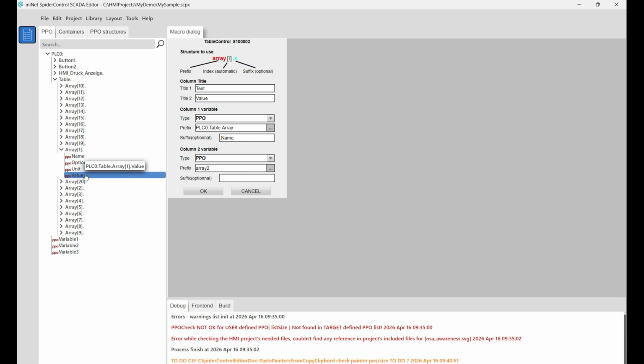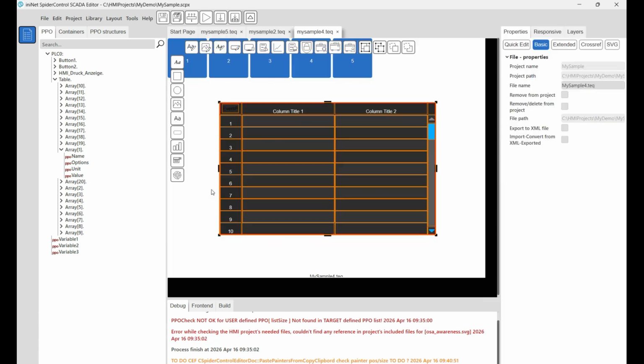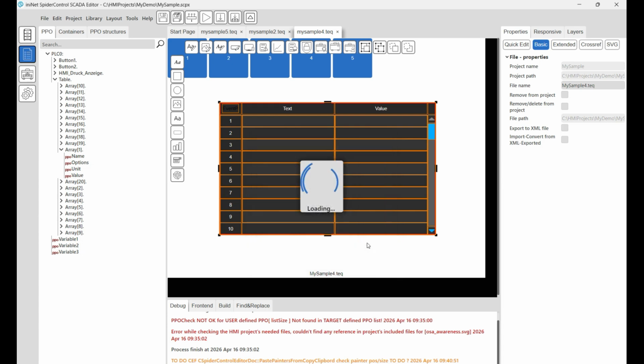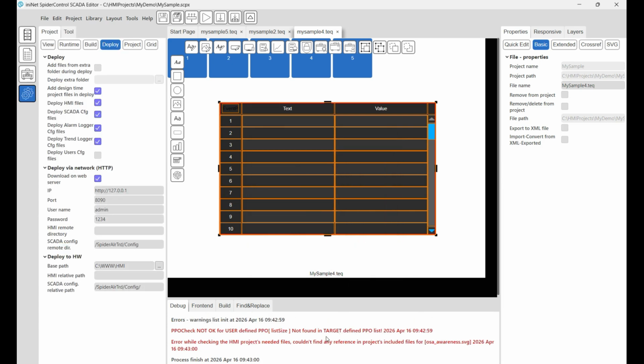We will do the same thing for the second column using the value. Copy this and remove the array index. So the control is now configured. We make a deploy to our SCADA server. So the deploy was successful. We reload